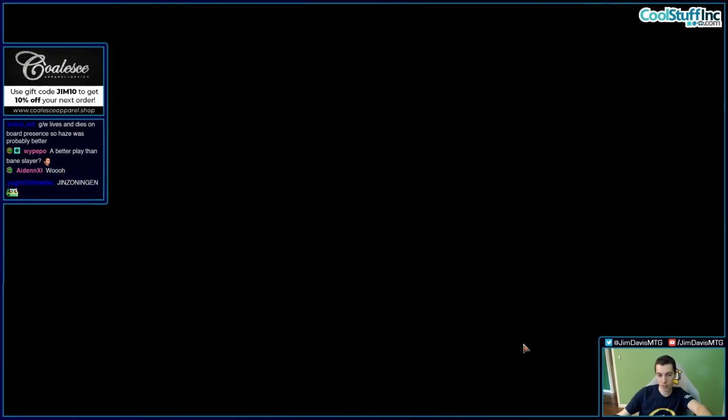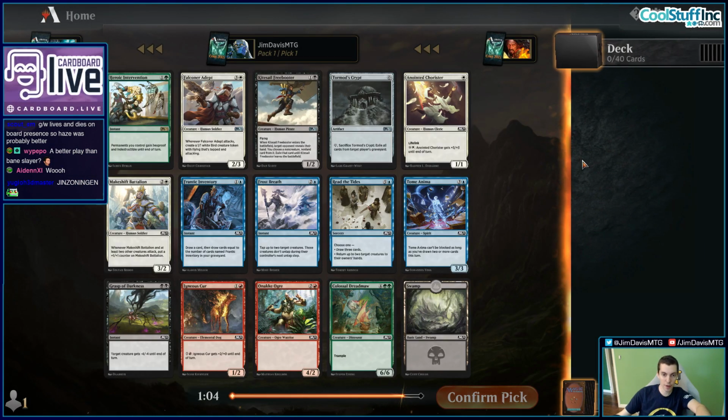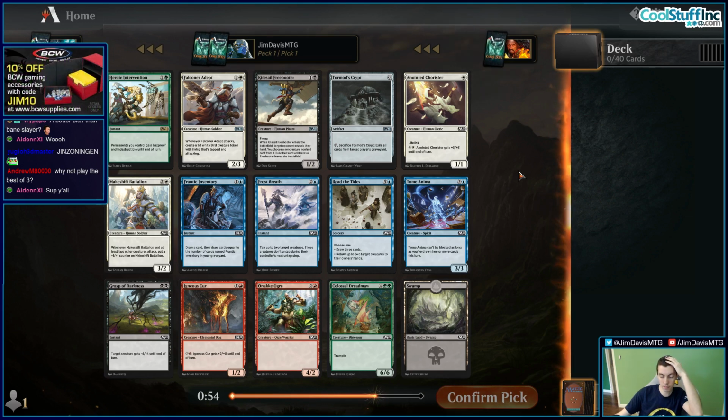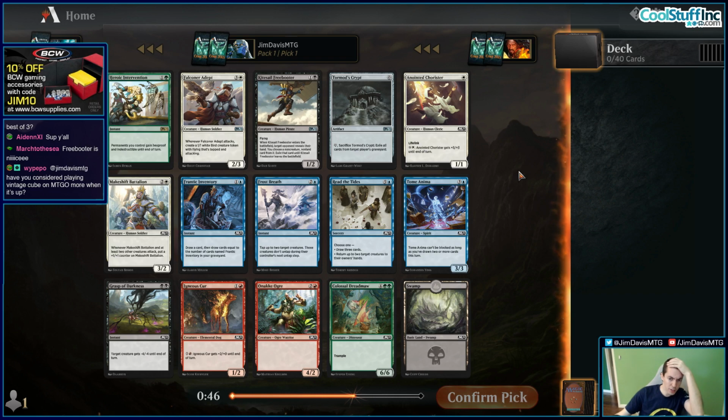These people are ready. Pick one, pack one. Heroic Intervention. People love that card. It is certainly solid in limited. I prefer best of one when it comes to drafting. Just faster. If I was prepping for a tournament, I'd play best of three. But all right, so